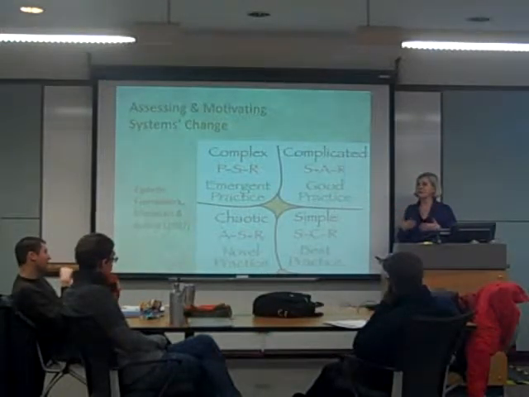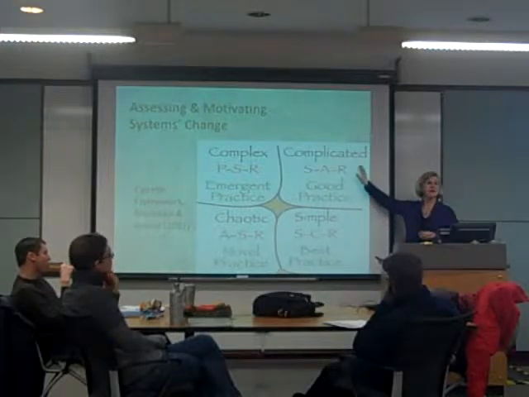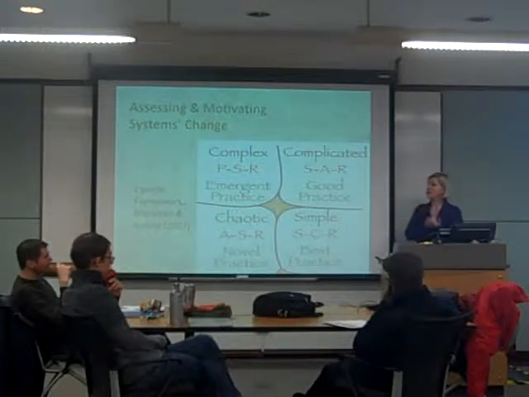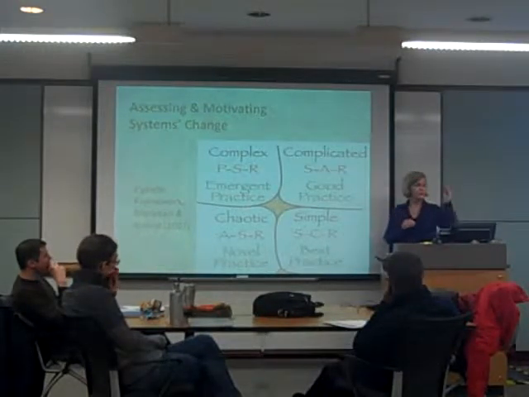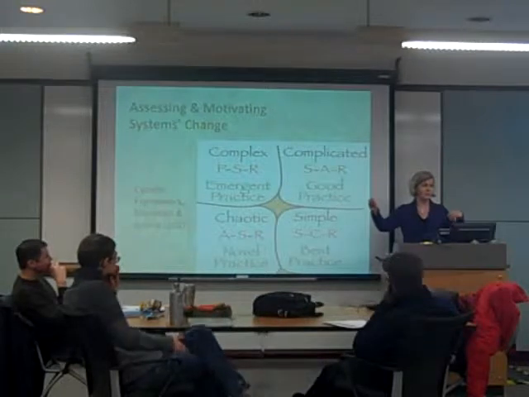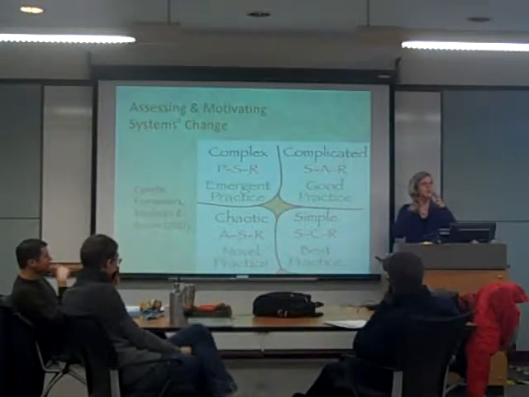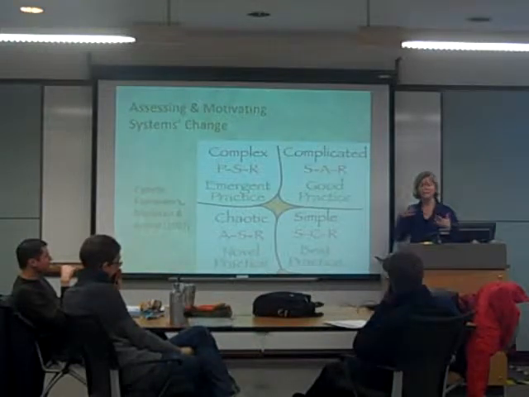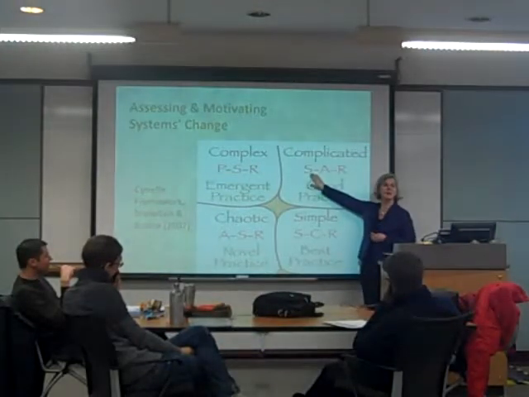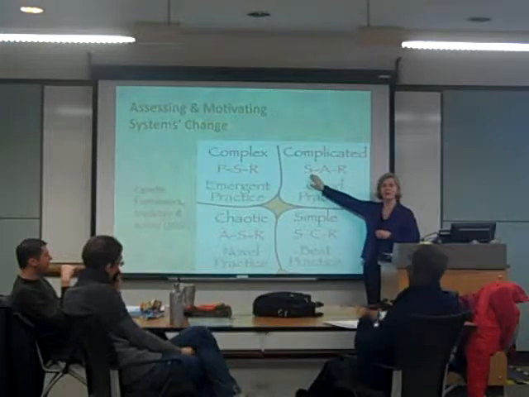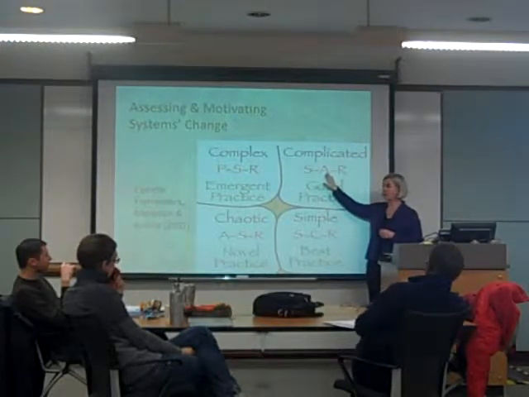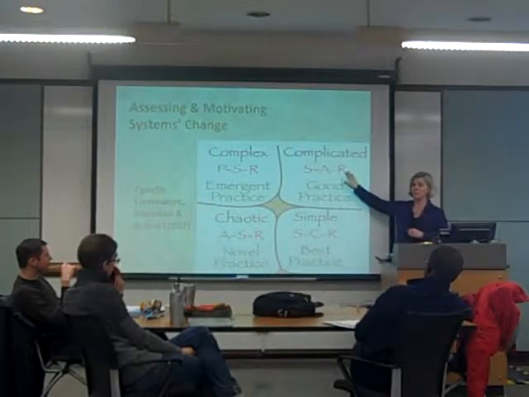And social science has really developed a lot of information and a lot of techniques for helping us understand complicated systems, where there is still a causal relationship between childhood poverty and those other variables. But it takes some techniques to try to figure that out. And in that kind of system, you also start by sensing what is the nature of the phenomena that we're trying to understand. You analyze the data to figure it out, and then you make a recommendation.